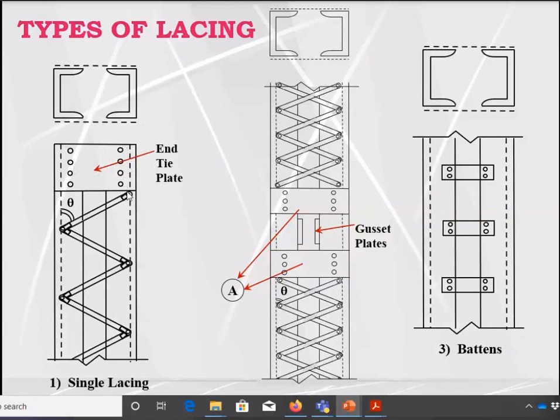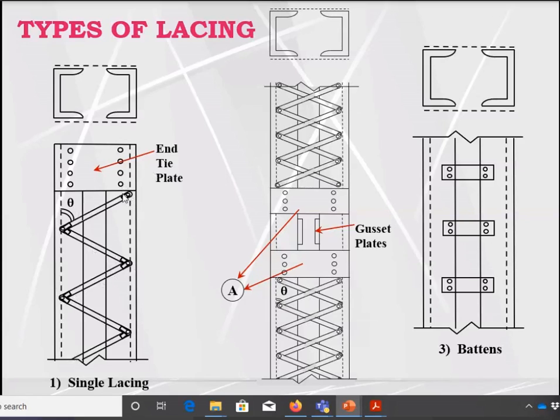But from the intermediate portion, now we are not connecting with the help of stay plates. Rather, we are connecting both channel sections with small, thin steel plates, flat steel bars you can say, in a triangular pattern, which is called lattice configuration. So in a particular pattern.